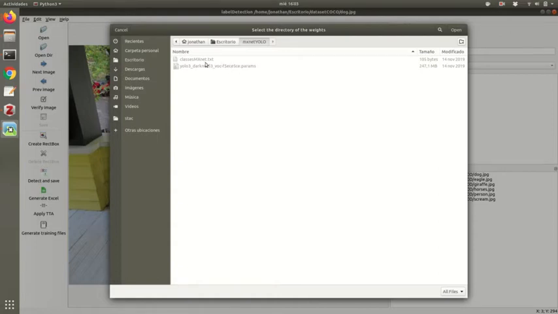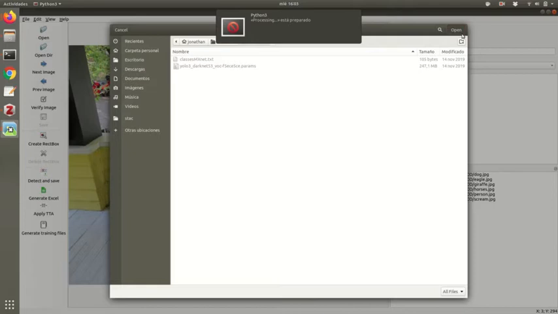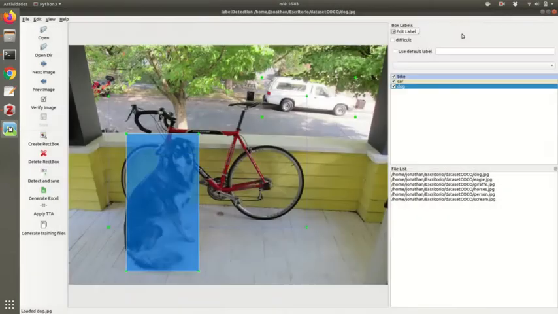So we select this model, it takes a few seconds. And as you can see, the model has detected the objects, the dog, the bicycle, the car, and so on.